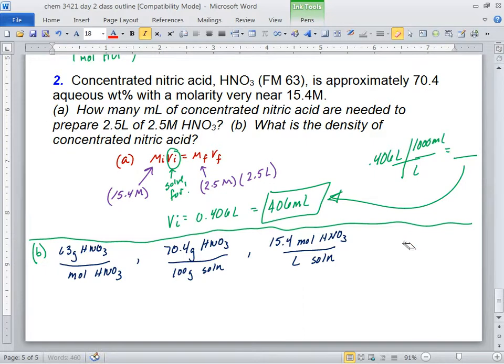Now, hang on, what units am I looking for? Remember, you have to get out of the habit of saying just grams or milliliters. Grams of what over milliliters of what? Go back to the density table. Go look at the table. What does it say? Grams of